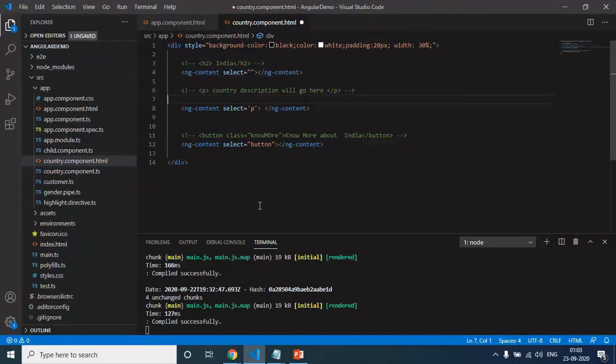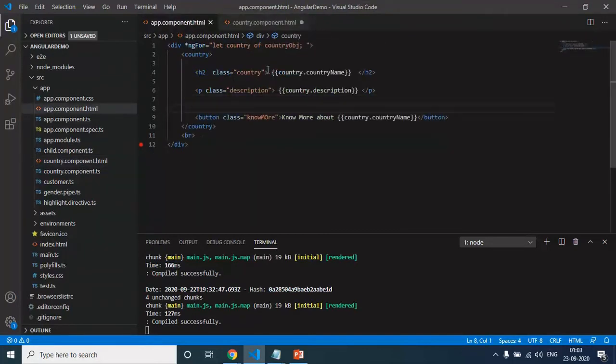So next I will be using ID selector. For ID selector this is not required at all. Even for the tag selector this was not required. So let me remove that. And here I will give ID S2. For the paragraph I will give ID P1, and for the button I will give ID as B1. And the same ID I will use here.